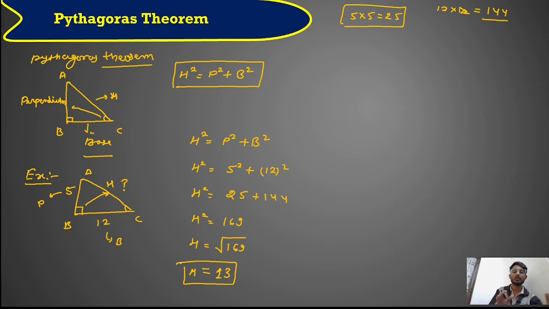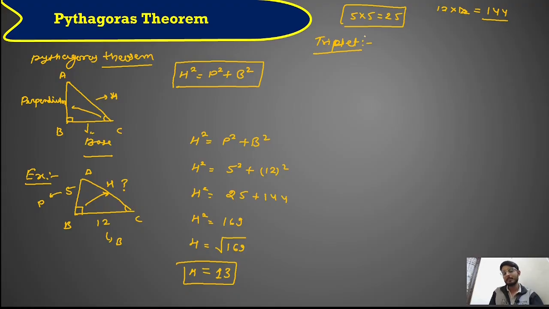Now you have understood how to use the formula of Pythagoras theorem. So Pythagoras theorem is basically the relationship: hypotenuse square equal to perpendicular square plus base square. Now you have to learn some triplets. So you can find any value when any two values are given. The first triplet can be useful when you have to find a value in minimum time.